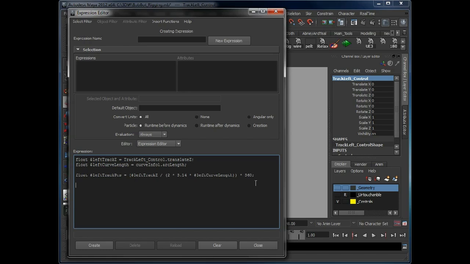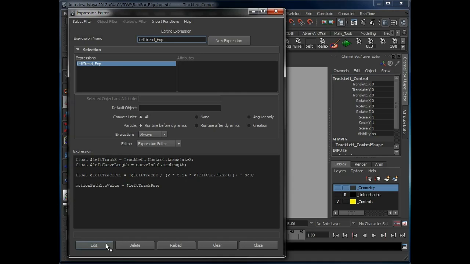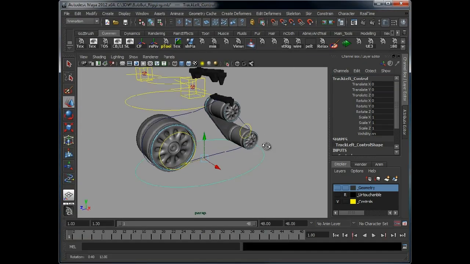Now we've worked all this out, we can tie this into the motion path. So we know the name of the motion path attribute we want to edit, U value. So we're basically saying that U value is this left track position. So let's give this a nice name, call it left thread exp, create. Now that's created the expression. So if we close that down,